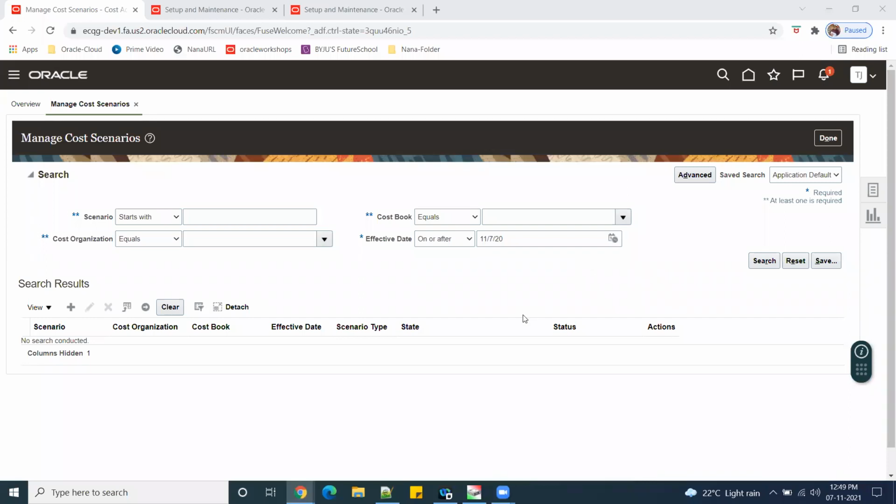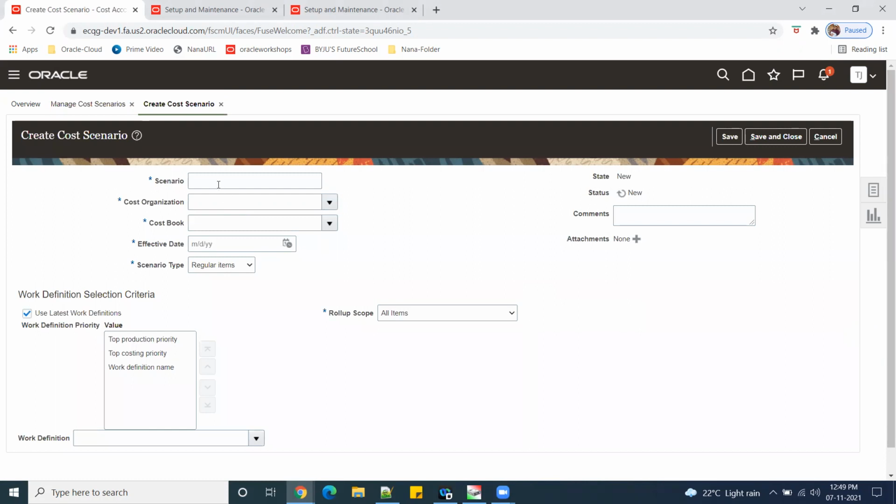Before adding the cost manually to the items you have, you have to make the cost scenario. Cost scenarios are always specific to a cost organization. To create the cost scenario, click on plus scenario.